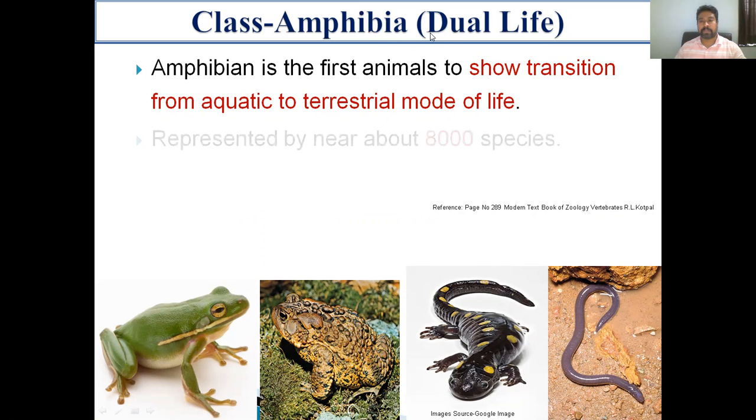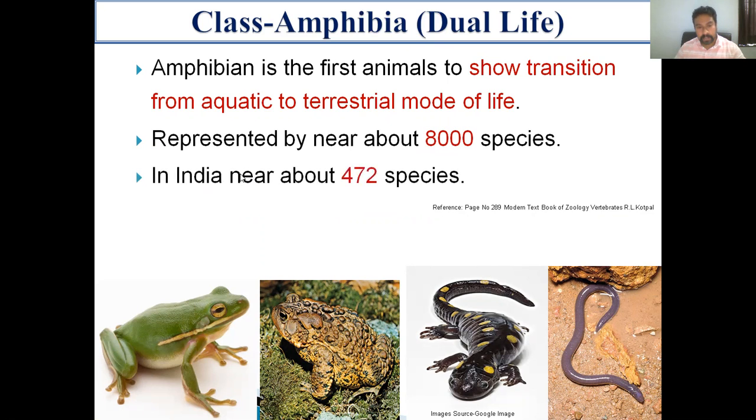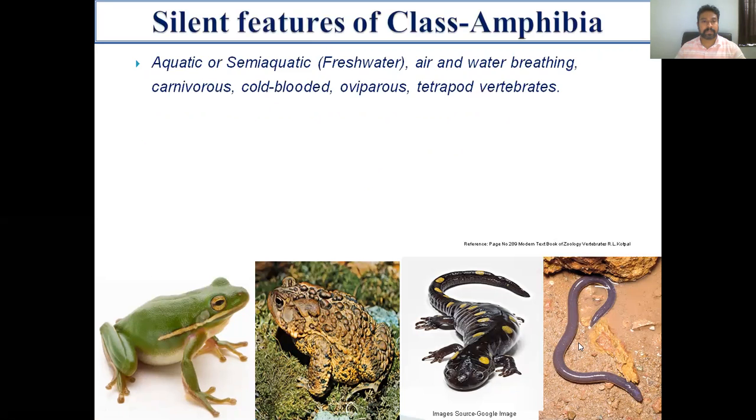This class Amphibia is represented by about 8,000 species all over the world, and in India, by about 472 species. The examples are frog, toad, salamander, and Ichthyophis. If we discuss the salient features of this class, starting from its habitat, these amphibians are aquatic or semi-aquatic, air and water breathing,